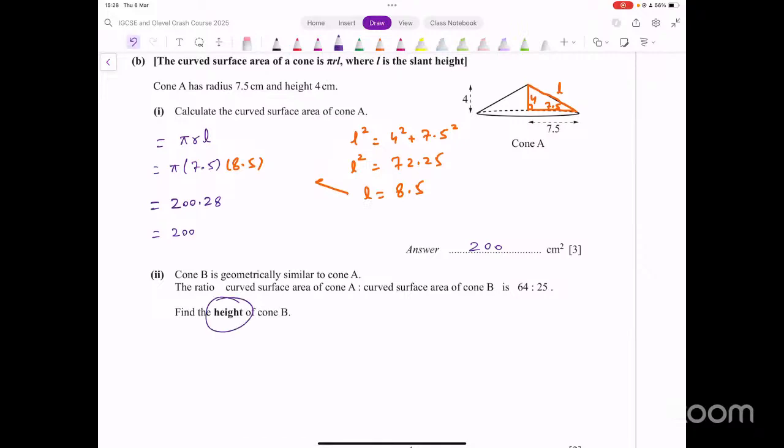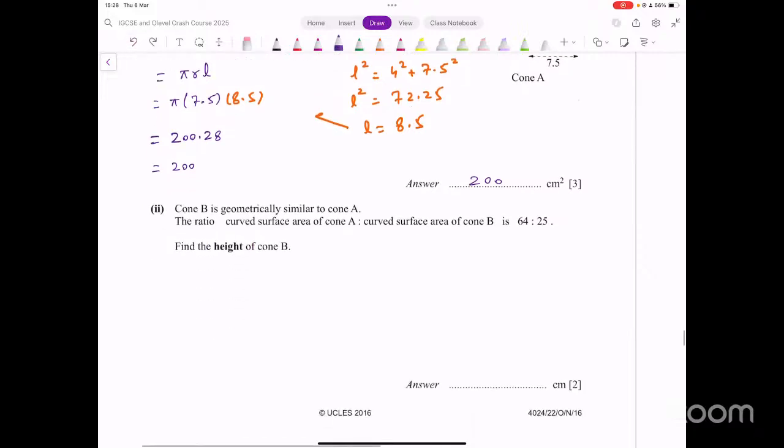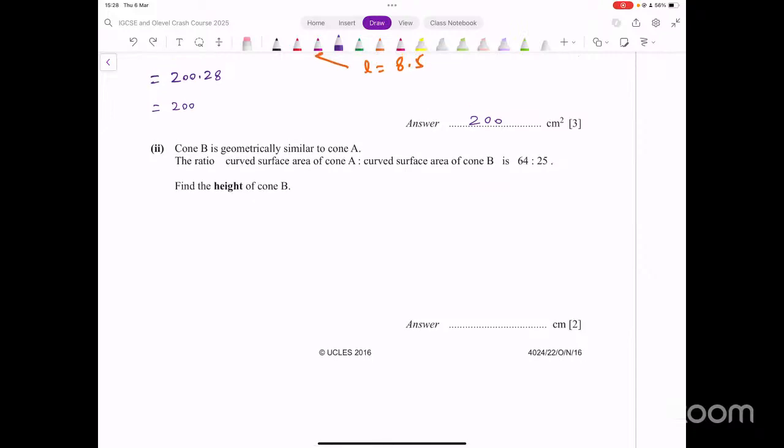Height is a side of the cone, right? That's one length of a cone. What's the ratio between areas and sides in similar figures? We can say A1 over A2 should equal H1 over H2 whole squared, right? The ratio of areas is equal to the square of the ratio of any sides. All right, now let's call the area of cone A, A1. And let's call this A2. What's the ratio? 64 to 25. Right? Cone A to cone B,